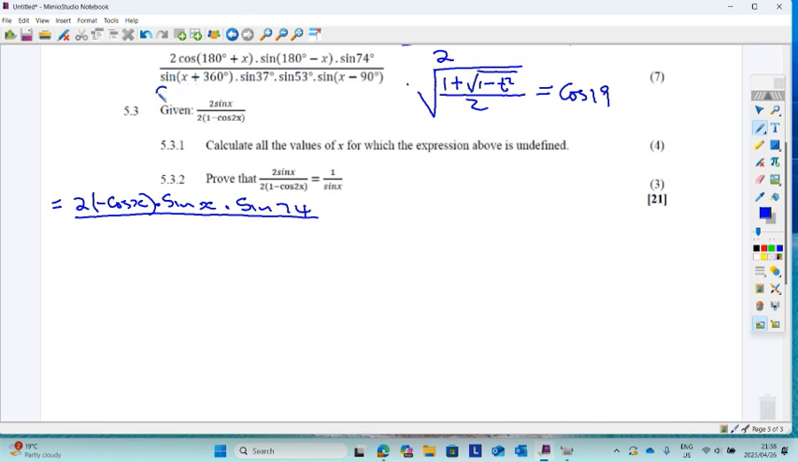This is the same as sine(360 plus x). 360 plus x, that is the first quadrant, and sine is positive in the first quadrant. So this is sine x times sine 37 times sine 53. And then this one can be written as, all right, to simplify this one, if we are not sure,